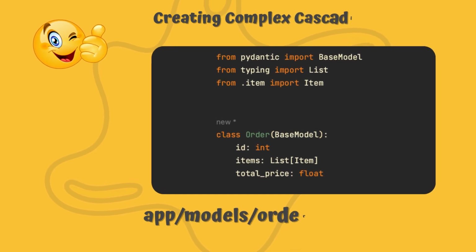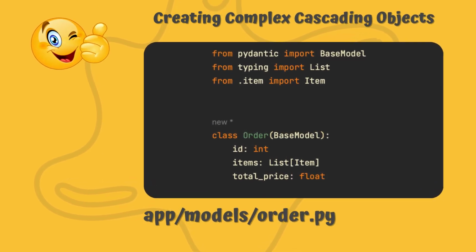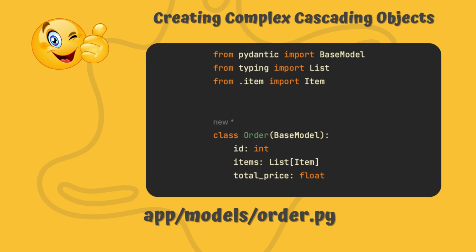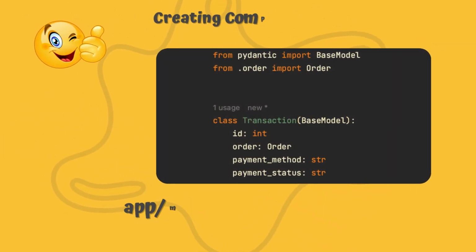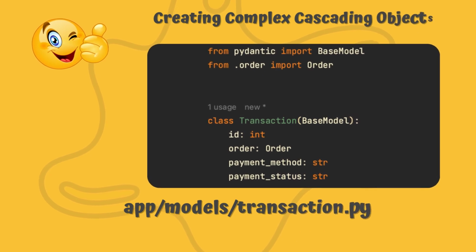As you can see, we have defined our models using Pydantic's base model class, and we are utilizing Python's type hints to define the structure of our data. This not only helps in validating the data, but also provides auto-completion and type checking in your favorite IDE, enhancing the development experience. Notice how we are using relative imports to import the necessary models in the order and transaction